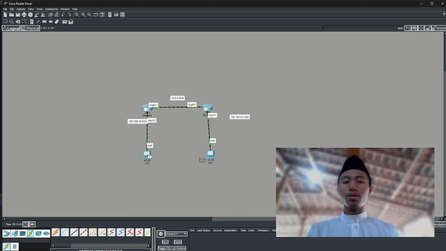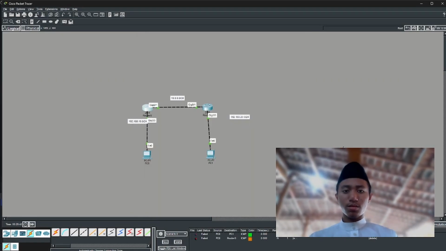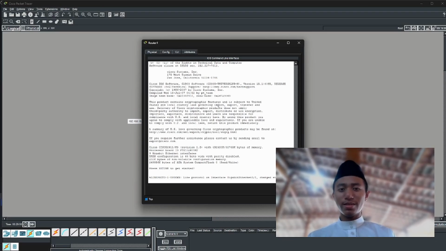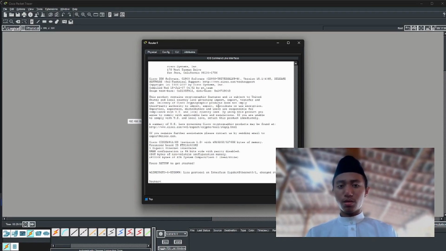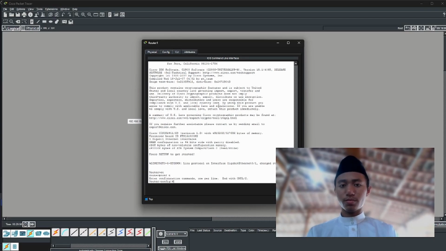If I want to ping from this PC to the other PC, sorry, there's a misconfiguration here. For EIGRP itself, it should not be on a different AS number.